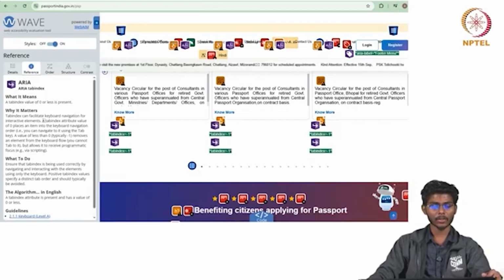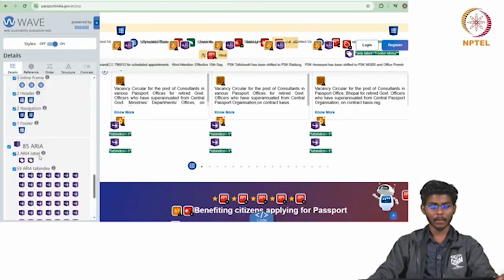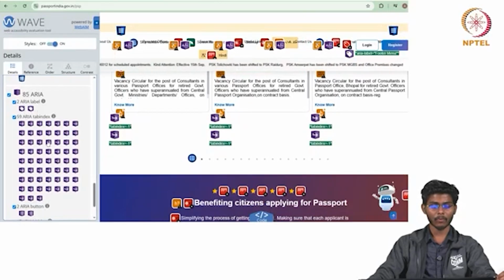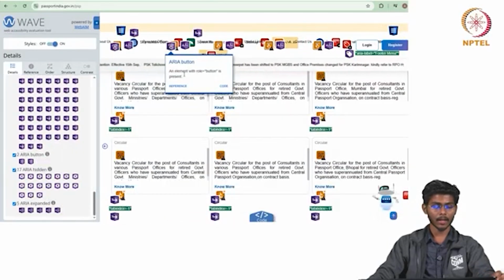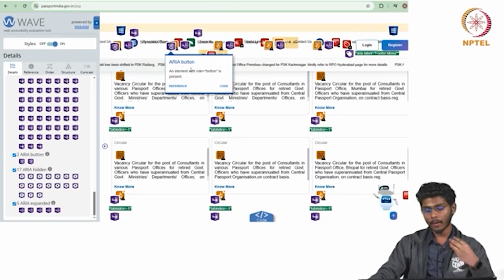What does it mean actually? You can check in the ARIA tab. Basically, in the keyboard navigation order, you can easily navigate using the tab key. If the value is less than 0, or typically -1, it removes an element from the keyboard flow. So these are the ARIA issues, ARIA button issues, where ARIA is generally allotting